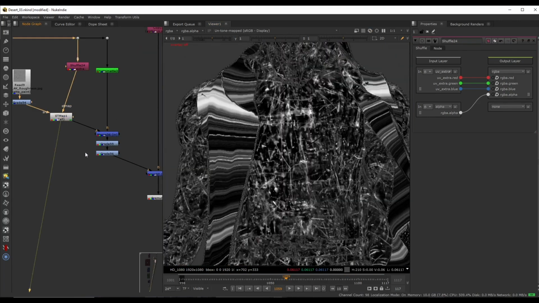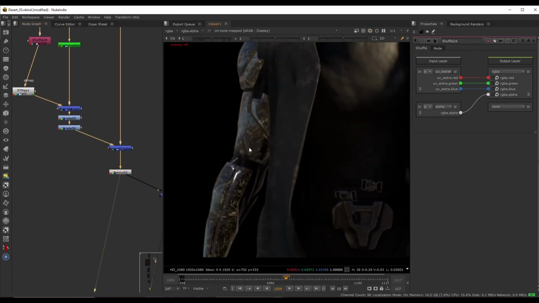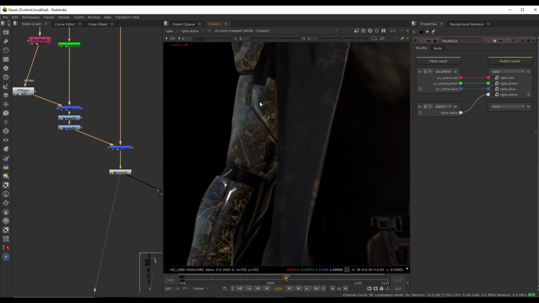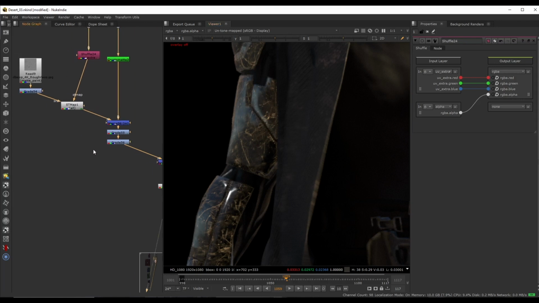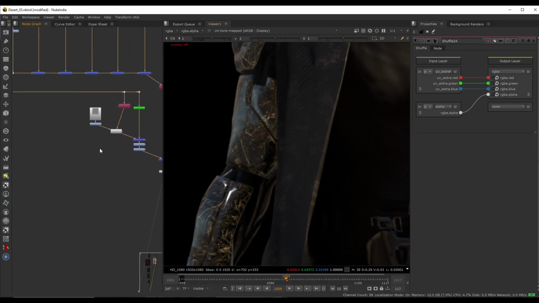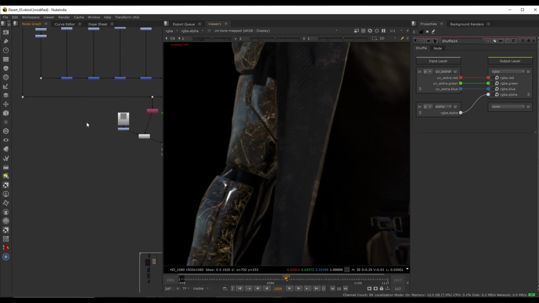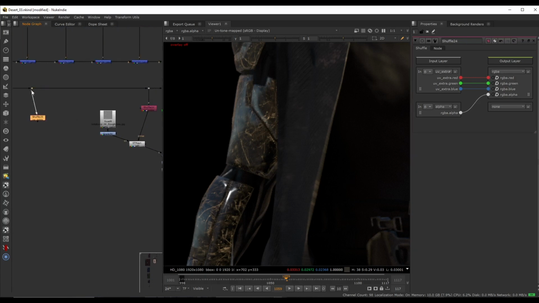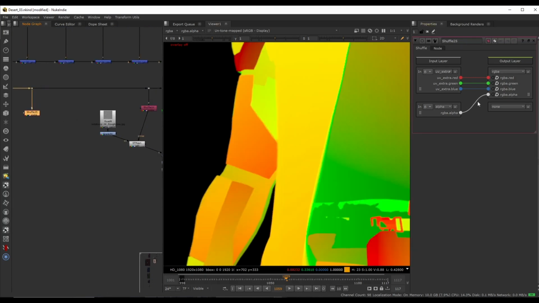And what we can do here for this layer is we can use a Fresnel shader to darken the texture that's around the edges of the object. So to create this Fresnel shader, this is where we have to use our other passes. So I'll just drop another dot here. Let's add another shuffle. And actually we don't need the alpha for these ones, so I'll get rid of this